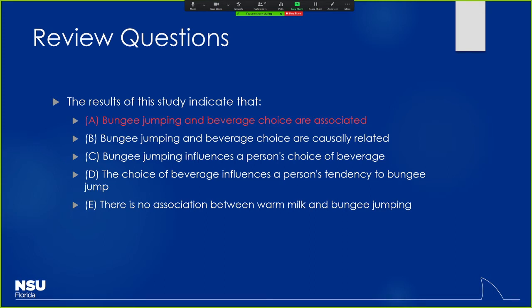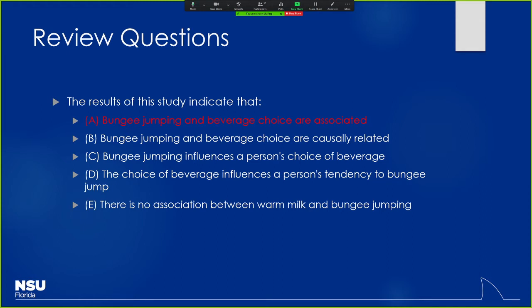It's very good. So again, this goes back to causal associations. It goes back to again, correlation does not equal causation, right? It's always the golden rule there. So in this case here, you can see that there's an association, but you can't really take any other things away from that, right? So certainly you couldn't say that they're causally related. You can just say, hey, there happens to be an association here. It looks like people who bungee jump tend to be more likely to drink Mountain Dew here.